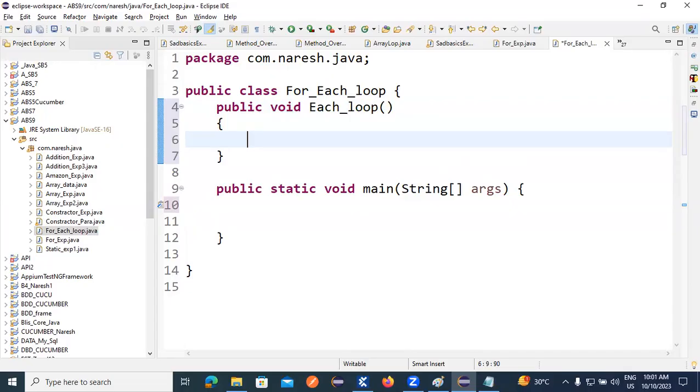So if I want to write that related code, observe here, int A equals to